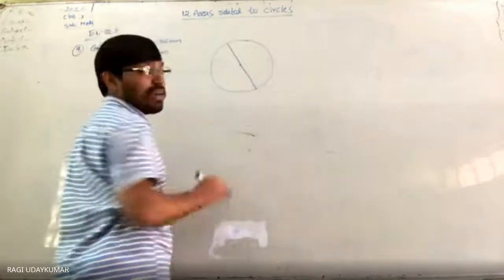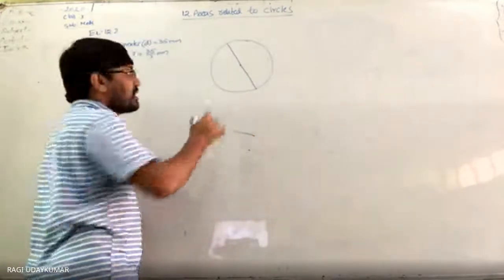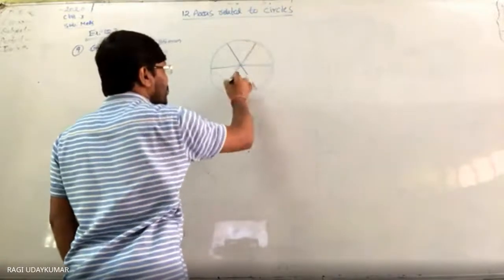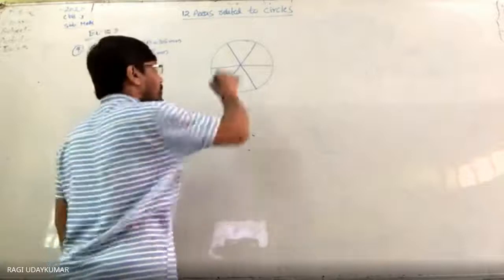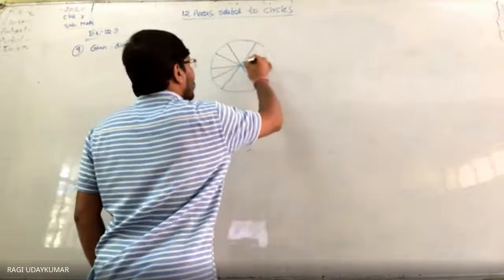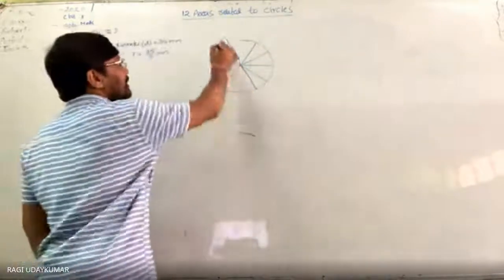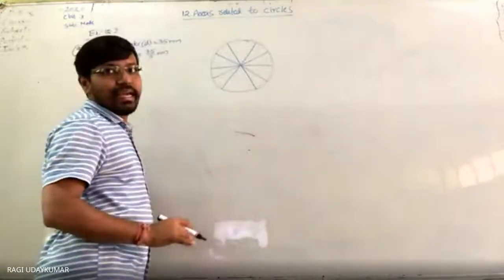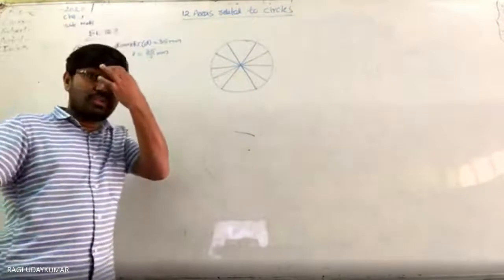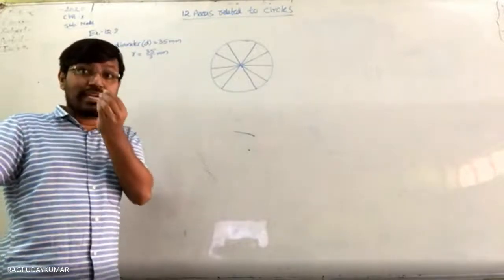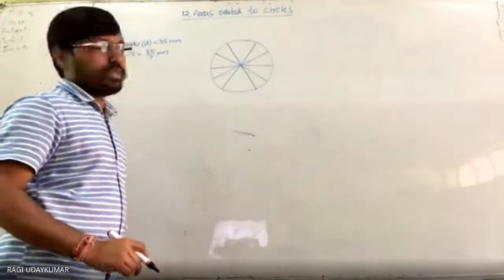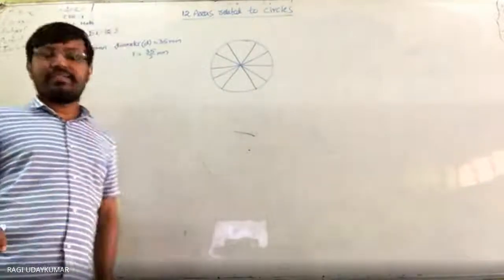So this is a silver wire is used, and here diameter like this. 5 diameters are used. The question is given to you 5 diameters are used like this, 1 diameter, 2, 3 diameters, and here 1, 4, and here 1, 5. So that is nothing but in this way equally divide कर लिया है. इसमें फिगर में थोड़ा सा ये ज़्यादा आया है, but it is given to you the wire is used in making the 5 diameters which divide the circle into 10 equal sectors. ये sectors equal sectors है. So 10 equal sectors is given to you.